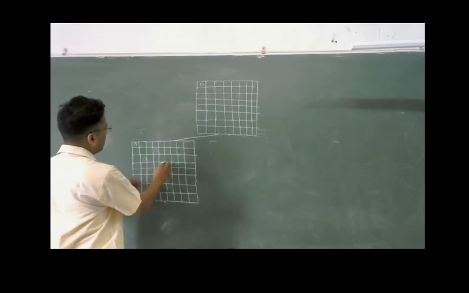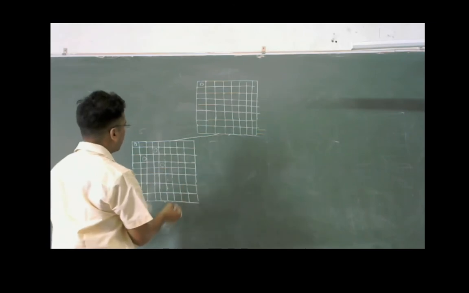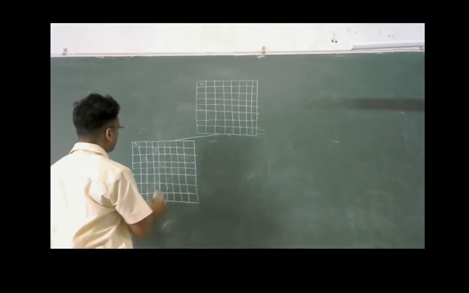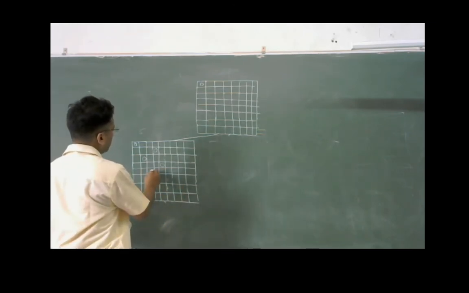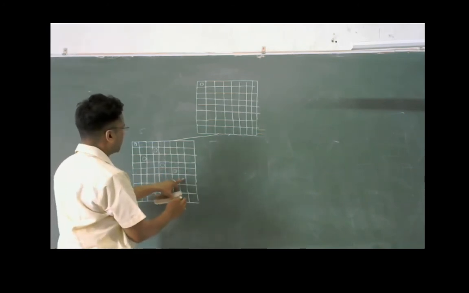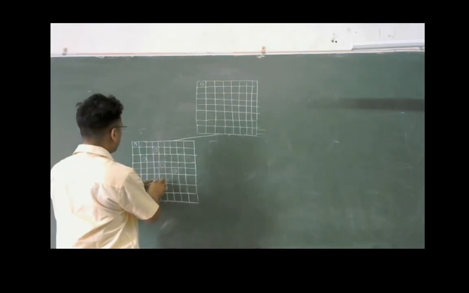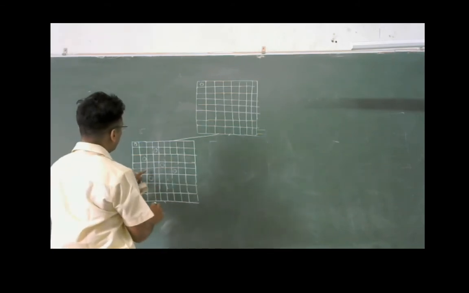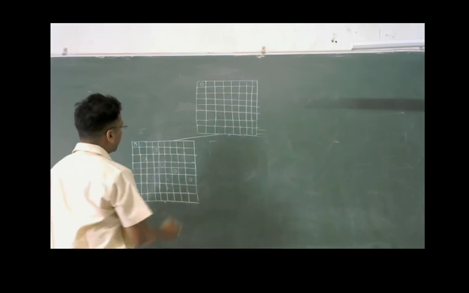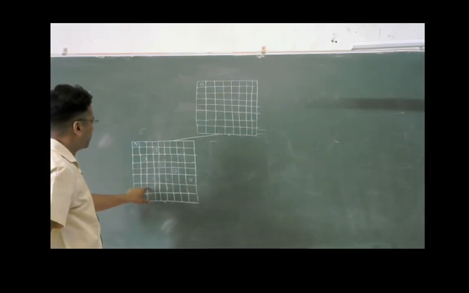Then the 4th can be placed here. The 5th can be placed in this row, not here, and can be placed here. The 6th can be placed. This is directly hit. This position can be placed here. Okay. No, this cannot be placed here. The 6th can be placed here, and after that we shall find out that this position is the next,